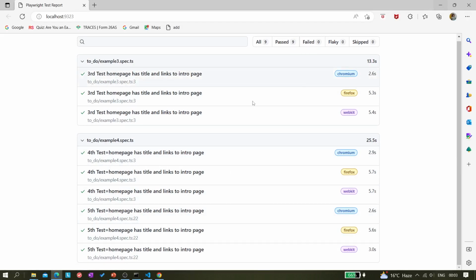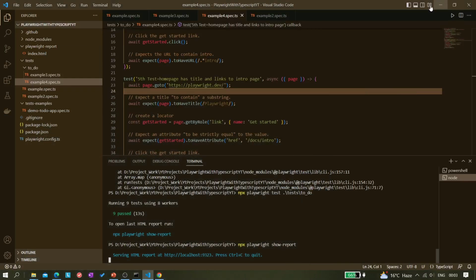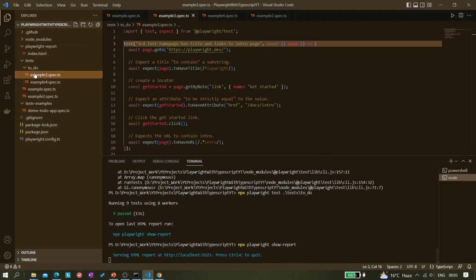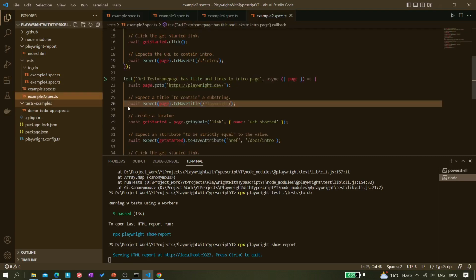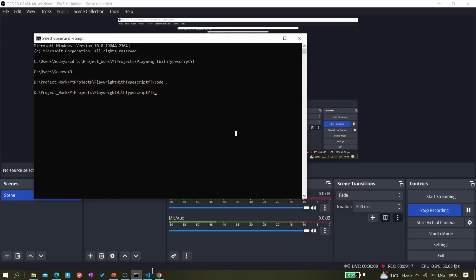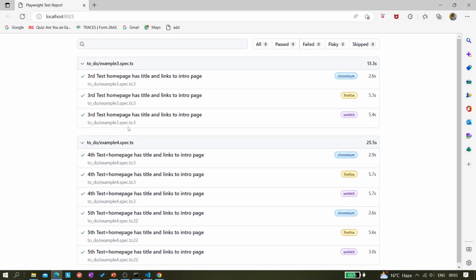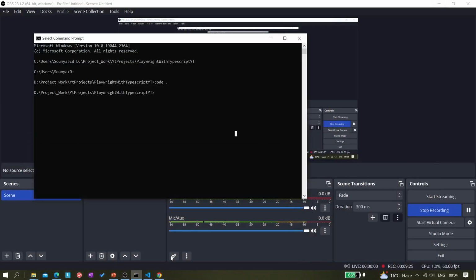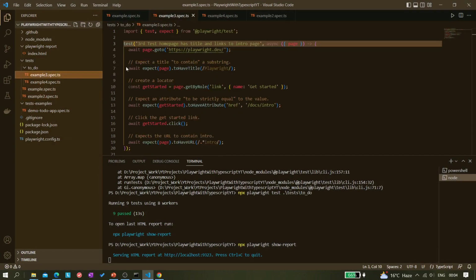Okay, let me check what is happening. Yeah, example 3 third test. No, I made a mistake here. Example 3. Oh, okay, yeah. So actually it is not third test, it should be the fourth test only, because third test is there also, but that is fine. We can see here it ran these 2 files only, example 3 and example 4. Okay, so let me update it. This should be, let me check, third, not third, so fourth, fifth, and sixth. Okay,